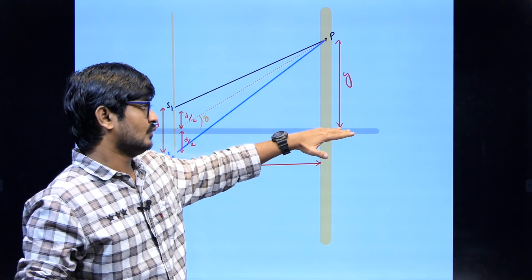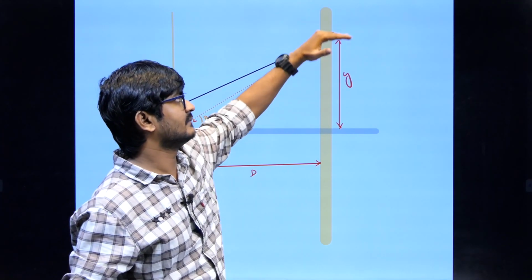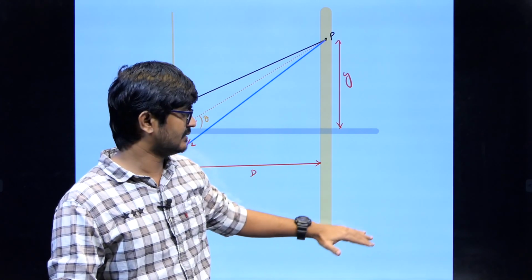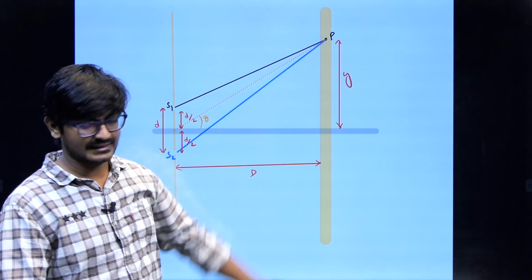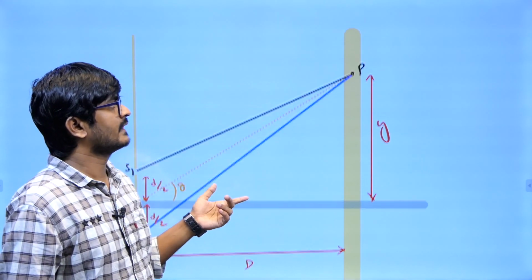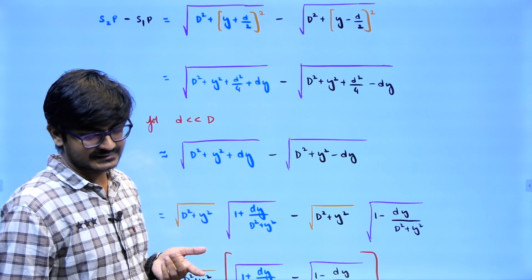So 0 is there, lambda is there, so 0, lambda, 2 lambda, 3 lambda, 4 lambda, 5 lambda. Similarly, down also 1 lambda, 2 lambda, 3 lambda, 4 lambda, 5 lambda. So totally it is 11. But the thing is, it won't be of equal fringe width, because in YDSE,